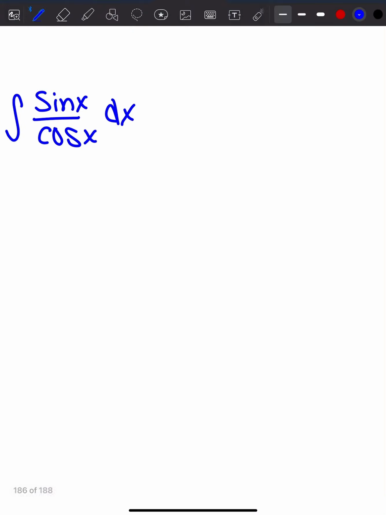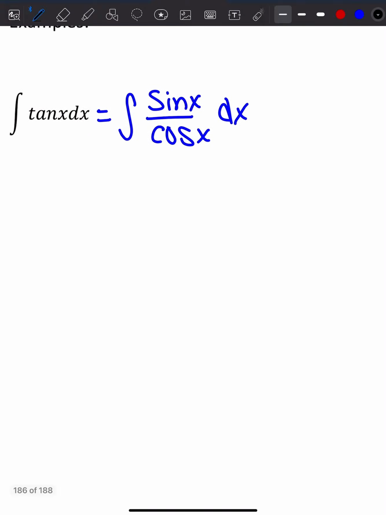So what we're going to do is make u be the thing in the denominator. And the reason why I want to do that is because when we have a variable in the denominator, when it's to the first power, it's really easy. It's not a big deal because it's going to be natural log. So when I see something like that, I can decide that I want u to be in the denominator. So the derivative of u, du, is equal to negative sine